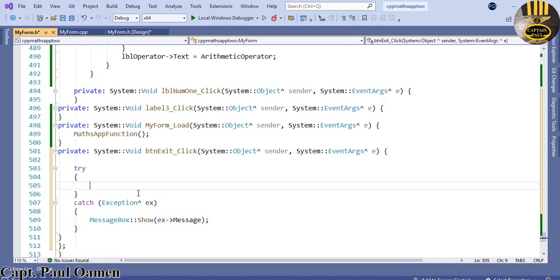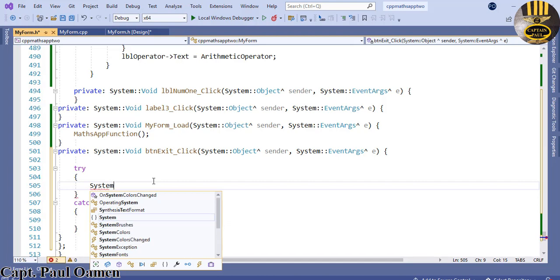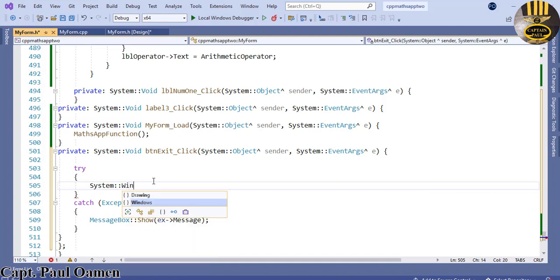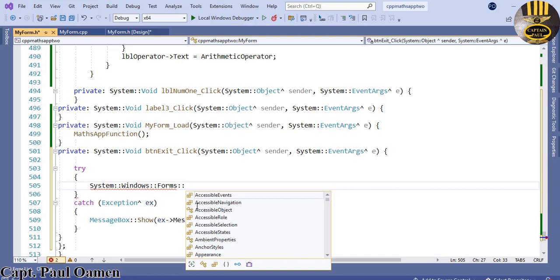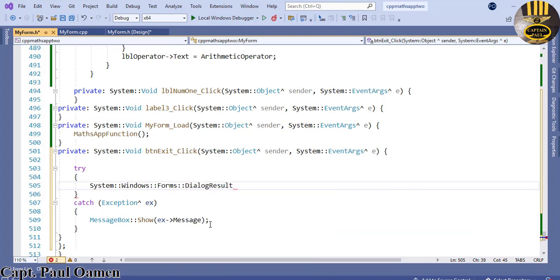But now, to take care of the exit statement itself, I'm going to use the following. Let's say System, yep, colon Windows, colon Forms, and colon the DialogResult. And the DialogResult, I'm going to name it as iExit. So that is my variable. It's called iExit, and